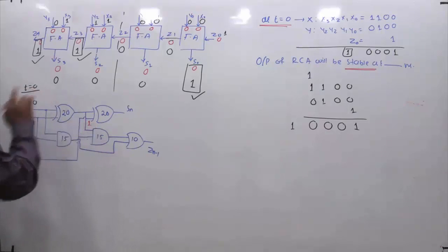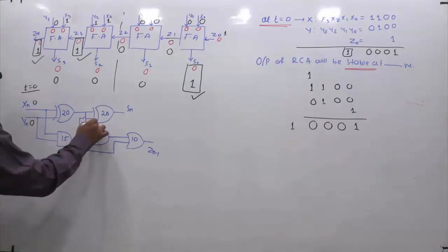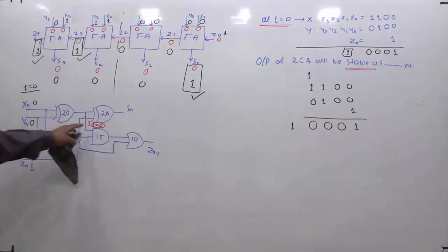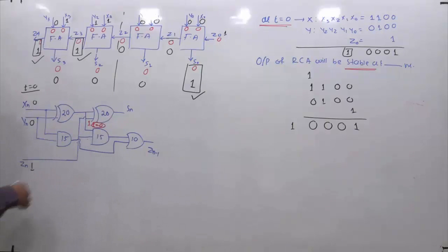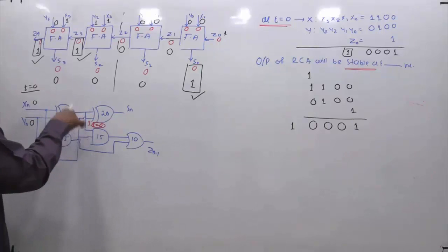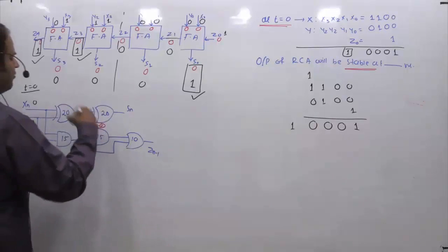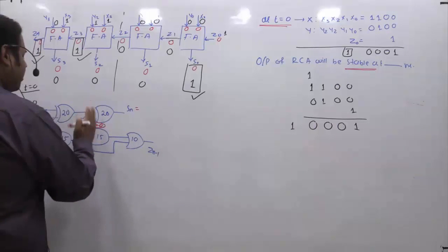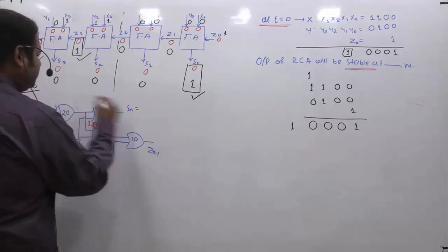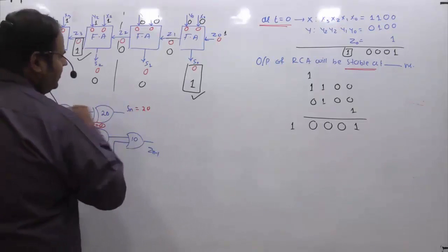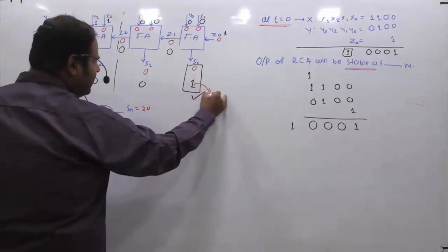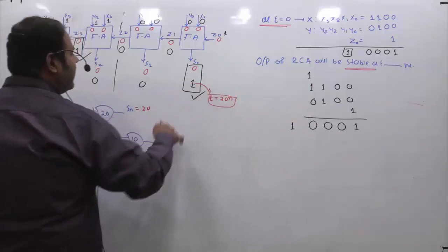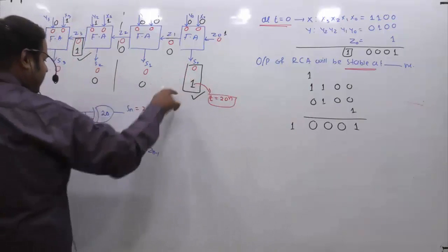So this is reaching to this at what time? At t equals 0 only, right? At t equal to 0, it is receiving the input 1. And already this bit is 0, which was the stable state. If I ask you at what time you will get the corresponding output, the answer is you got both of the inputs at 0, so 0 plus 20, at 20 nanoseconds you will get it. So at t equals 20 nanoseconds, I will get the stable state corresponding to the bit S0.